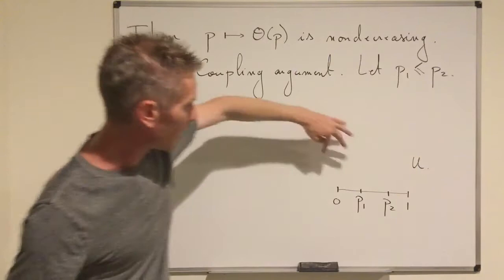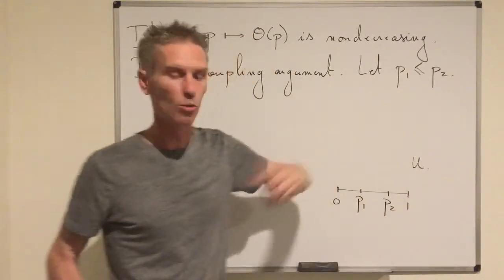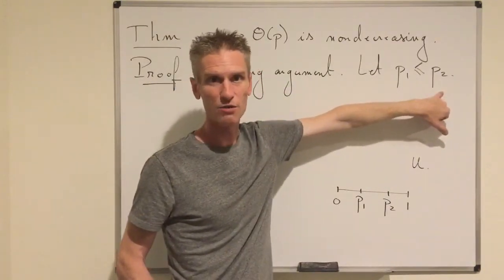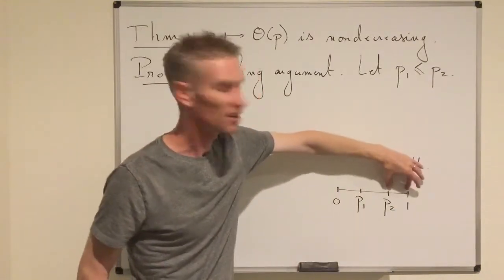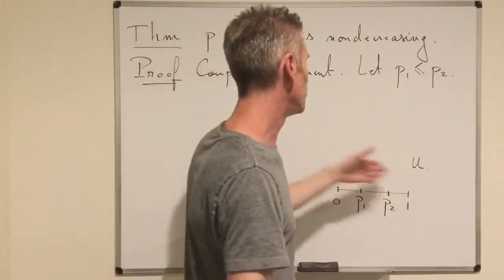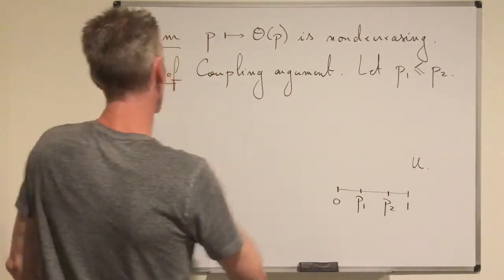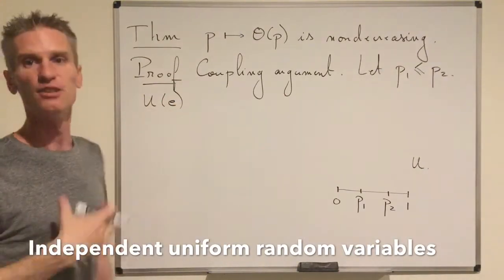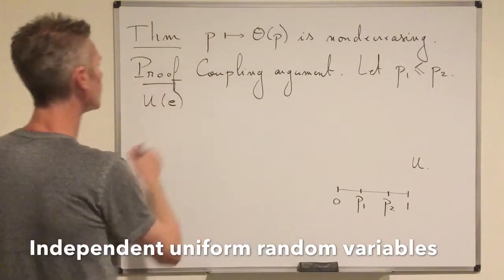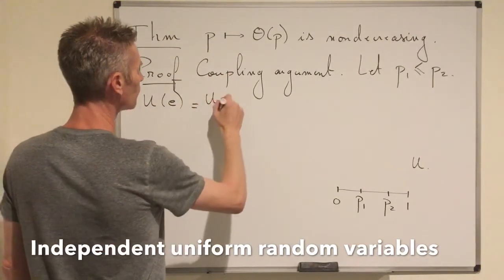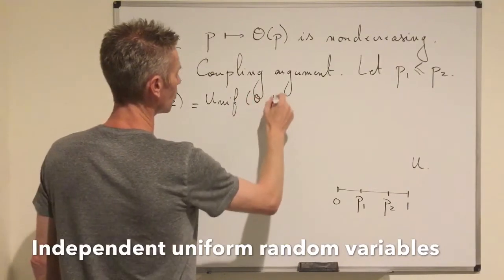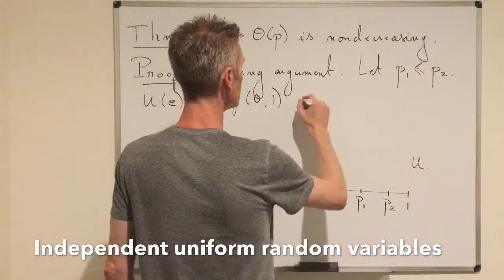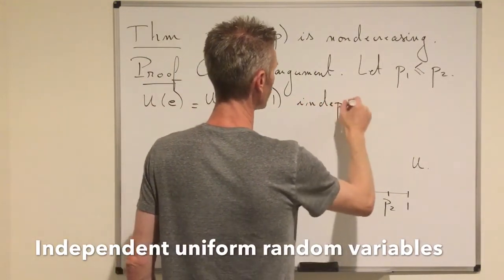Now you see that either you are less than P1 and both edges are open, or you are in between, in which case the edge in the first process is closed and the one for the process with parameter P2 is open, or you are here and they are both closed. So that's the idea to construct things. So first I'm going to define a collection U of E, indexed by the set of edges E of our graph. U of E is going to be uniform in the interval 0, 1. So I'm defining all those random variables. We assume also that they are independent.